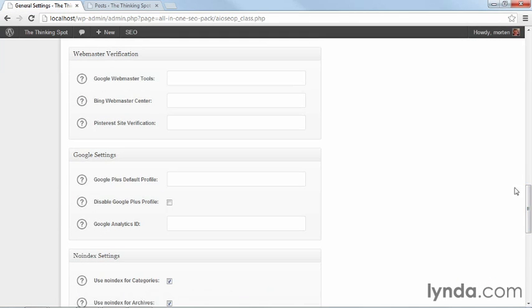Next, we have Webmaster Verification. These are services that come from Google, Bing, and Pinterest that basically tell Google, Bing, and Pinterest that you are the owner of these sites so that you can link your Webmaster Tools to the site. So what you would have to do here is set up a Google Webmaster Tools account, a Bing Webmaster Center account, and a Pinterest site verification account. And then you get codes from them that you paste in here